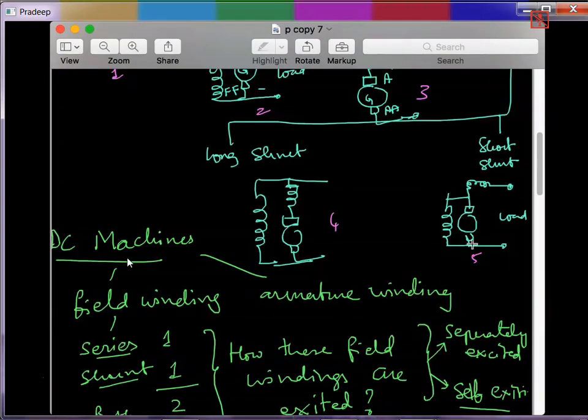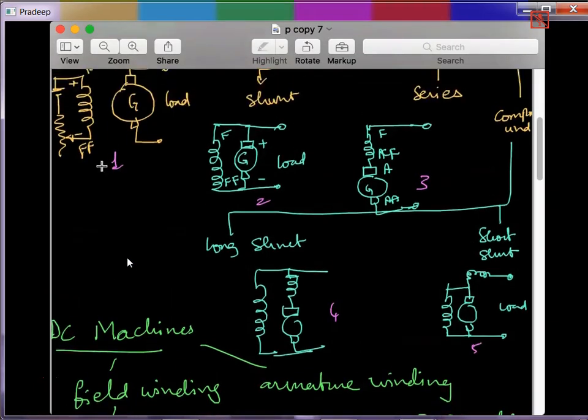So I had reviewed these 5 different types of connections. You can see here 1, this is 2, this is 3, 4 and 5. So 5 different types of connections of a DC machine. So this applies both for DC generator and for DC motor also. So if anybody asks you this, you should be able to clearly tell what are the different types of connections